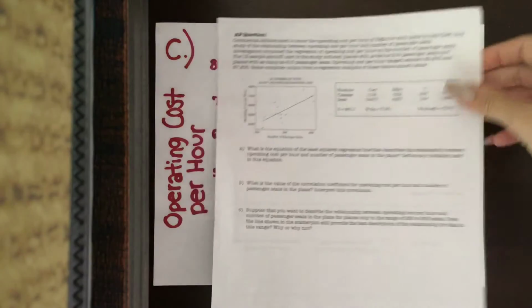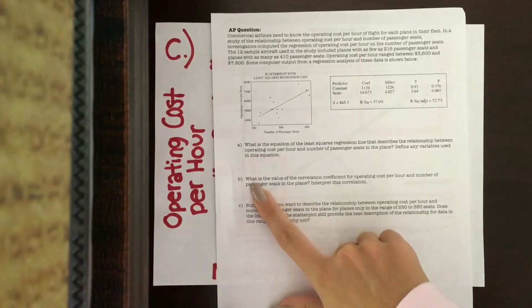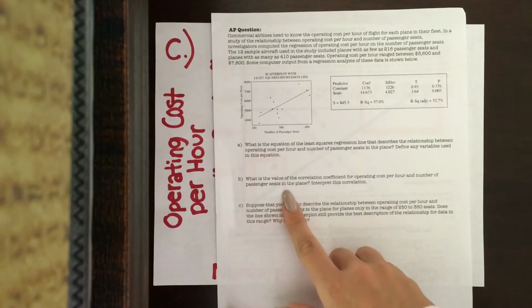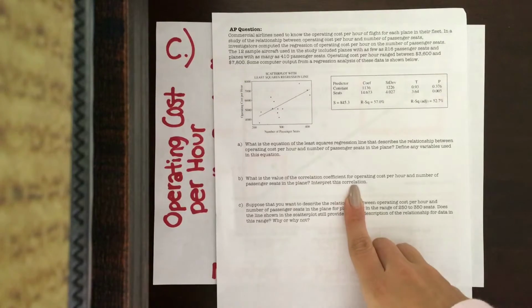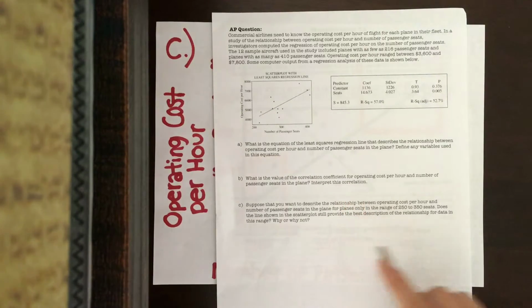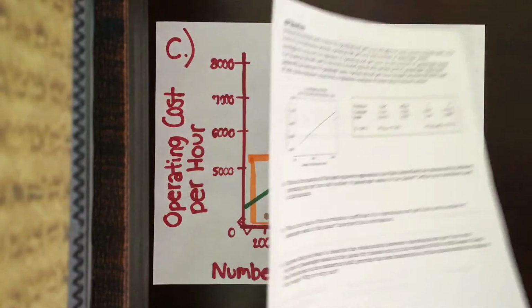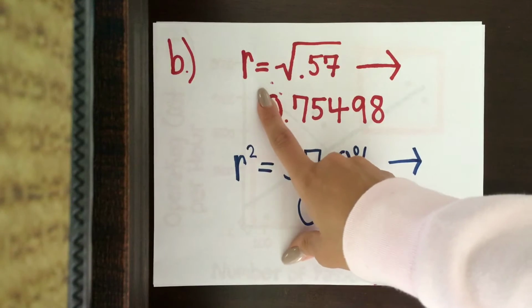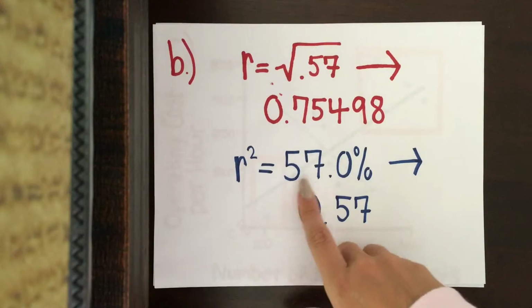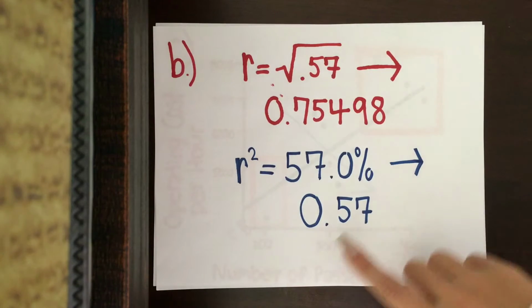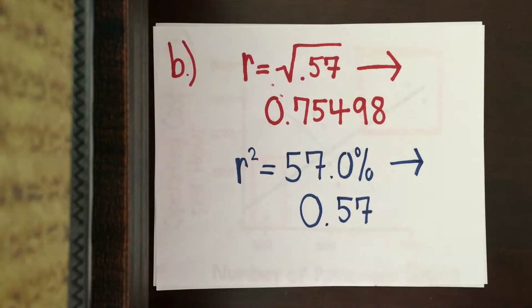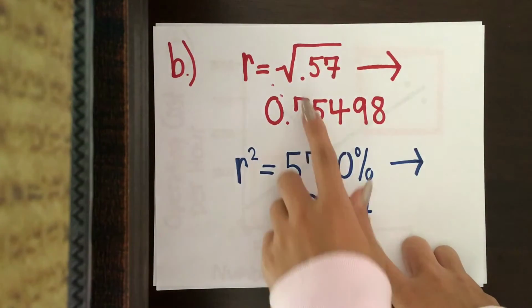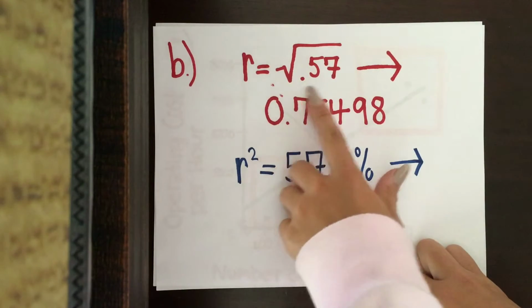Part B asks us, what is the value of the correlation coefficient for operating costs per hour and the number of passenger seats in the plane? Interpret this correlation. So the correlation coefficient is R, which we can see right here. We are already provided with R squared, which is 57%, which is also equal to 0.57. To find R, we're going to take the 57% and square root it. When you do this, you get